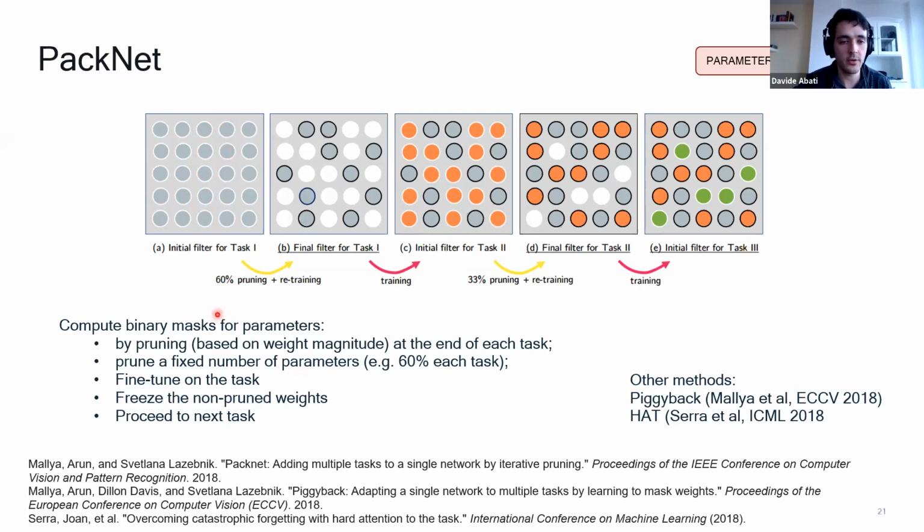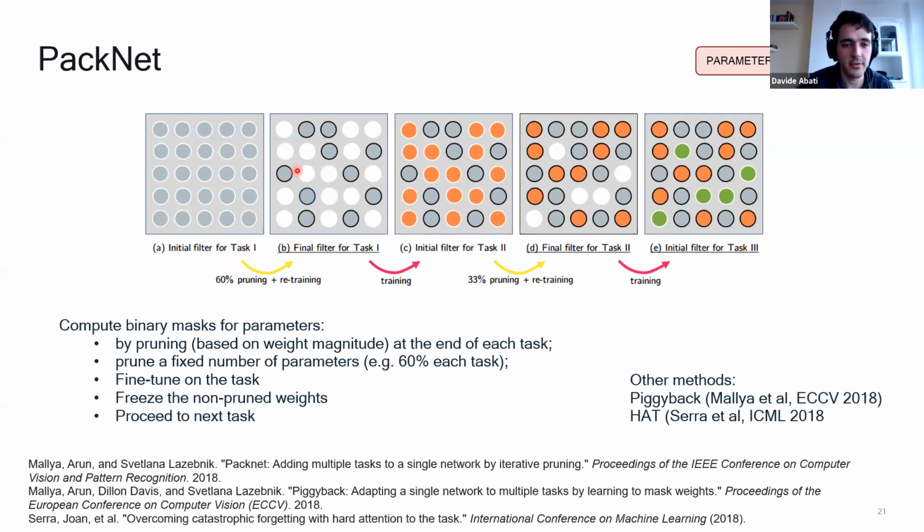Then we can decide, all right, let's say 60% of the weights are not important for task 1, and we will just select them based on the weight magnitude, and we will prune them. So if we prune them, we will free up some space, and these white circles are pruned weights. And we will fine-tune the remaining ones on task 1 in order to adapt after pruning.